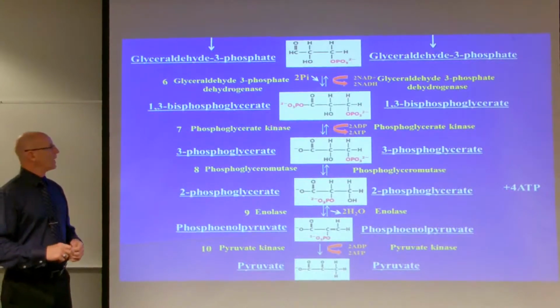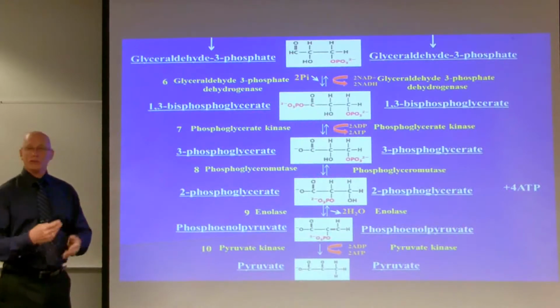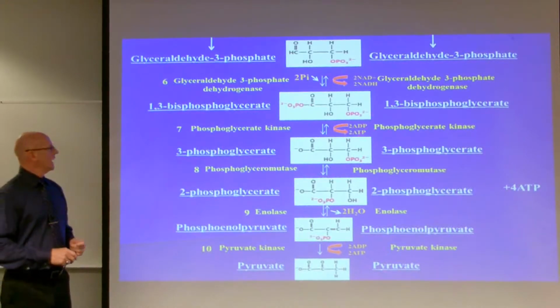We're going to take off one of these phosphates. And now this is where we start to get back some energy. So ADP will come in here and it will come out as ATP. We're taking off one of the phosphates here and gaining an ATP. Now step 8,